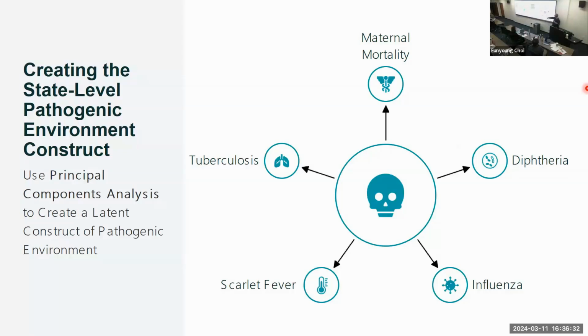Then you have five different mortality conditions, age adjusted by state and by year: diphtheria, influenza, scarlet fever, maternal mortality, and tuberculosis, which we know greatly impacted children and death among children during that period,